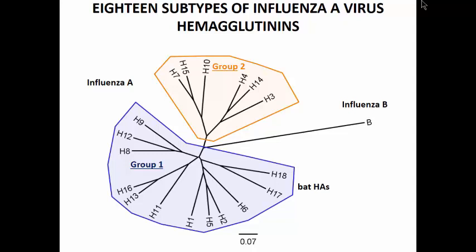And then you should also look here at the scale, which is 7%. If you look at the distance of these different hemagglutinins, we are talking about 30–40% difference in the different hemagglutinins, and that's why you can understand that it is very difficult to have one specific vaccine which would take care of all of these different influenza viruses. Our goal is really to make a vaccine which would protect us against all strains of influenza A and B viruses, and hopefully induce a long-lasting immunity.